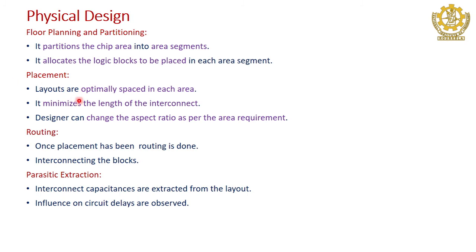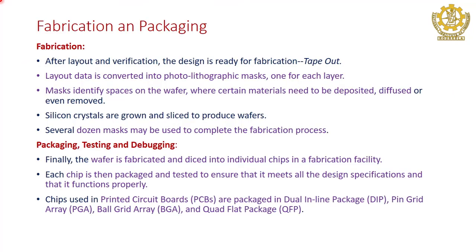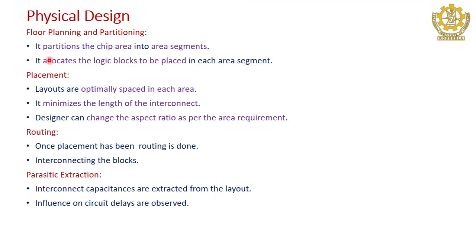While placing the layout, we have to see that the interconnect lengths are as minimum as possible. Sometimes you have placed one design here and one there, so the connection will be very long. If my VDD and ground are here in the chip, and I can place all designs here, then the interconnection will also be less. So there are certain rules you have to follow. Once placement is done, finally routing is done. Routing is nothing but the interconnection of the blocks.